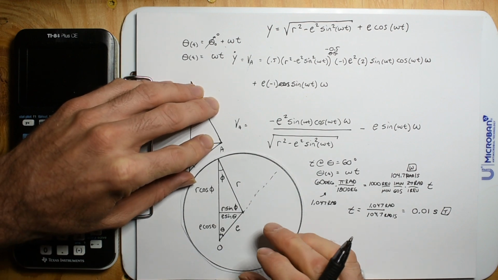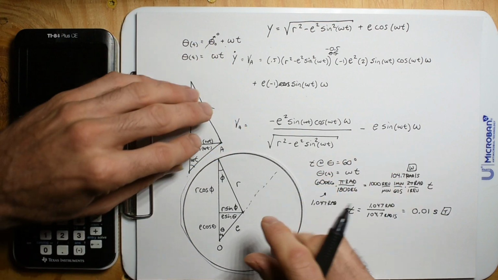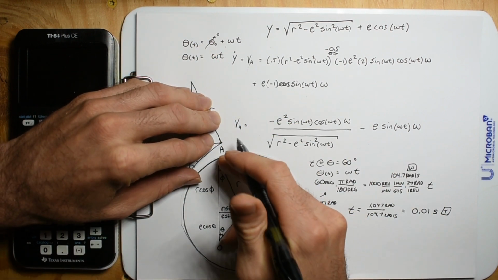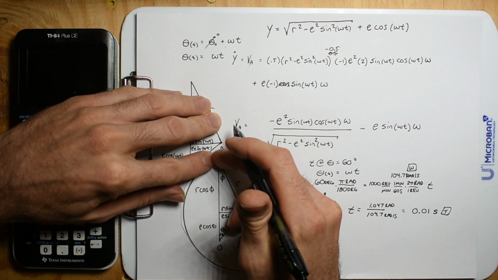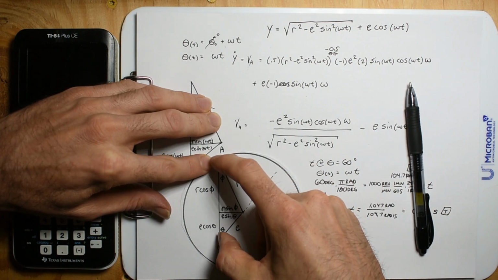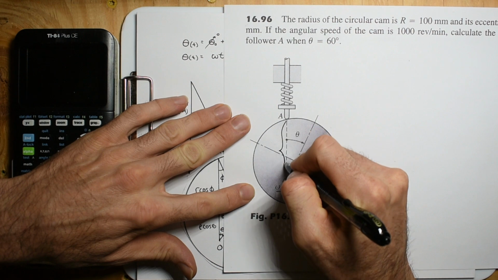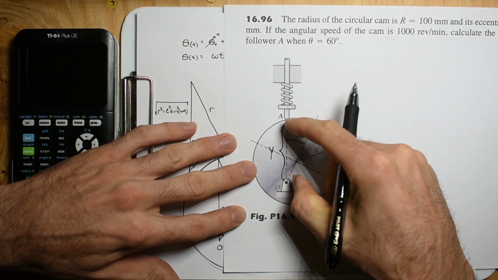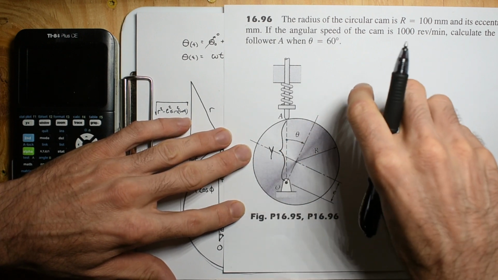And what we want to do is, well, let's take a step back. How do we get what we want? We want the velocity of A, so the velocity of the follower. And so what we need to do is find the length of this. I have been calling this y. So if we find the height y as a function of theta, well then we can